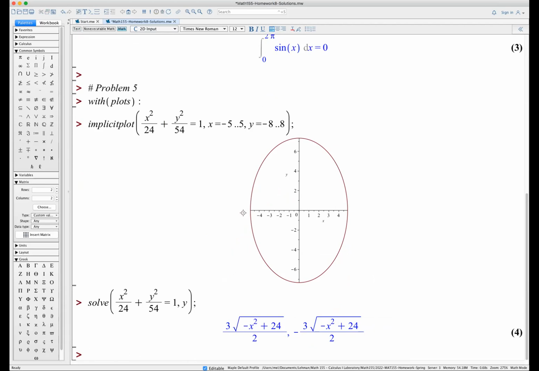So this is the equation of the top half of the curve. This is the equation of the bottom. So if I just want to calculate the area of the top half, the area of the bottom half is the same, just multiplied by 2. So this will be 2 times the integral of this function